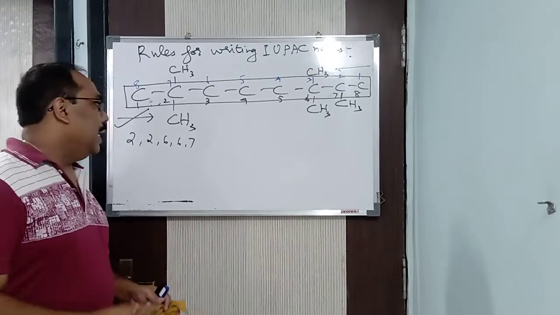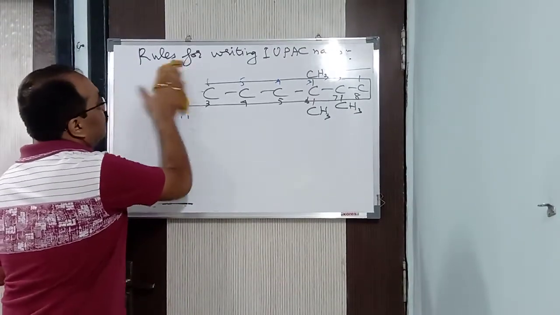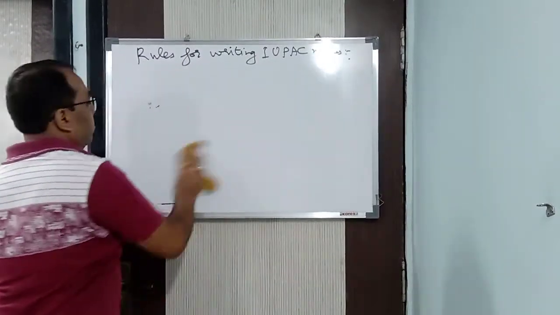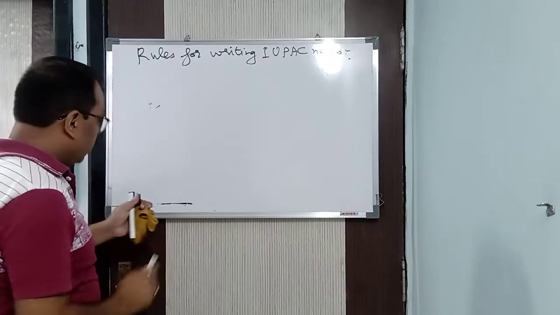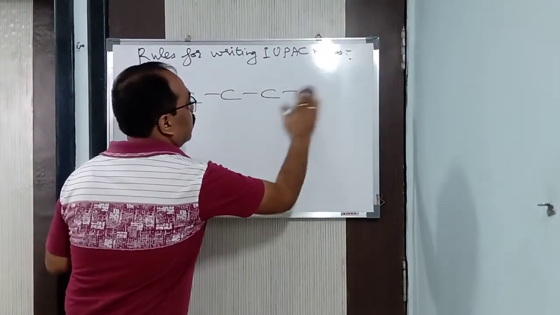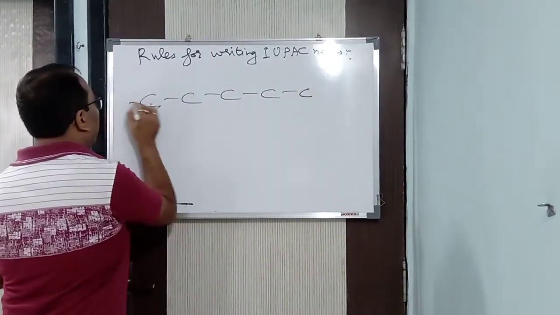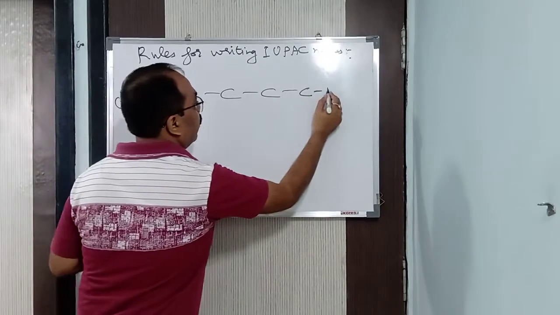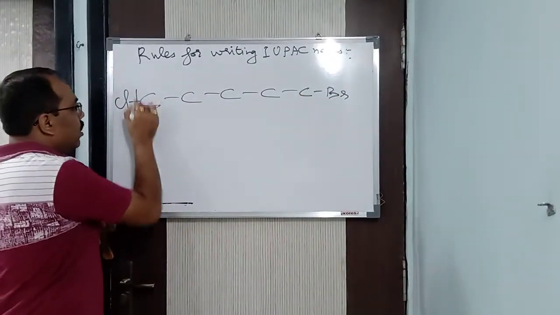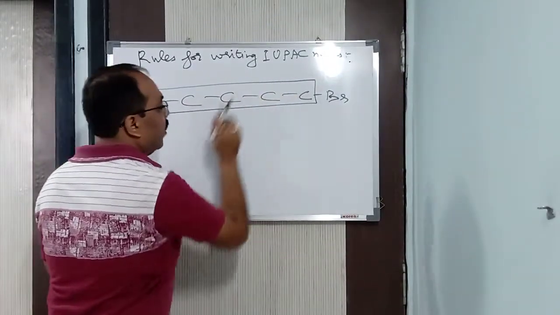Alright, now, next, under this rule only, the lowest number rule, we are having another one. Now, suppose we are having, got it? Let us say, why write so many? So 1, 2, 3, 4, 5 carbon atoms. And here we are having Cl and here we are having Br. Only 2 prefixes. These are prefixes only because this is your longest chain, no doubt about it. Carbon atoms, how many? 1, 2, 3, 4, 5. 5 carbon atoms.